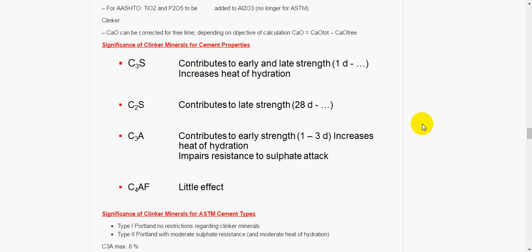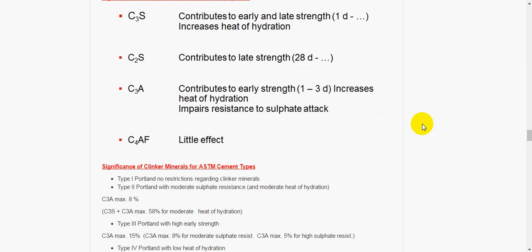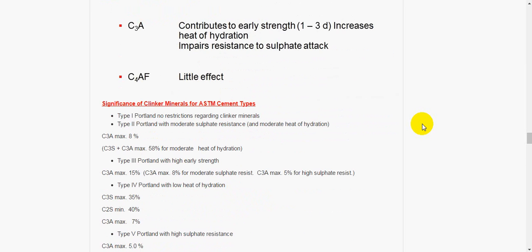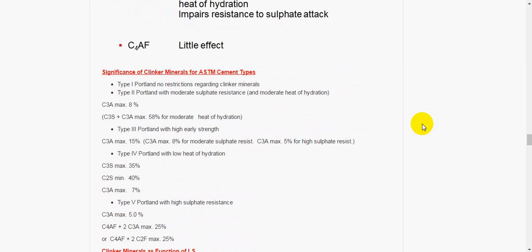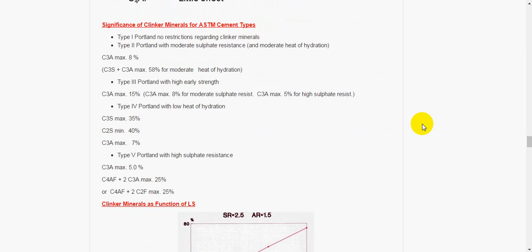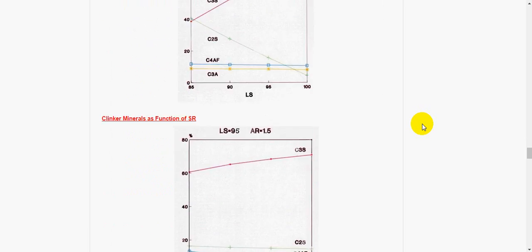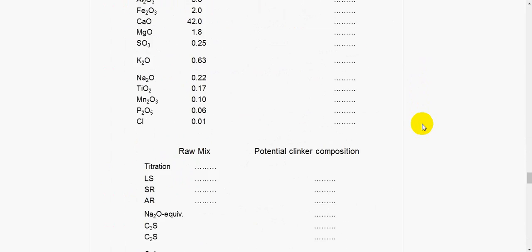Significance of clinker minerals for cement properties; significance of clinker minerals for ASTM cement types. Type I Portland: no restrictions regarding clinker minerals. Type 2 Portland with moderate sulfate resistance and moderate heat of hydration: C3A max 8%, C3S plus C3A max 58% for moderate heat of hydration. Type 3 Portland with high early strength: C3A max 15%, C3A max 8% for moderate sulfate resistance, C3A max 5% for high sulfate resistance. Type 4 Portland with low heat of hydration: C3